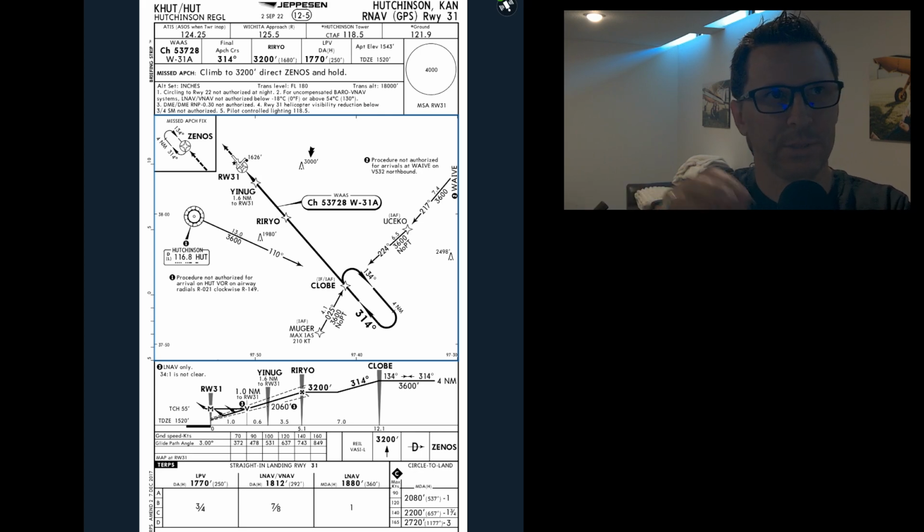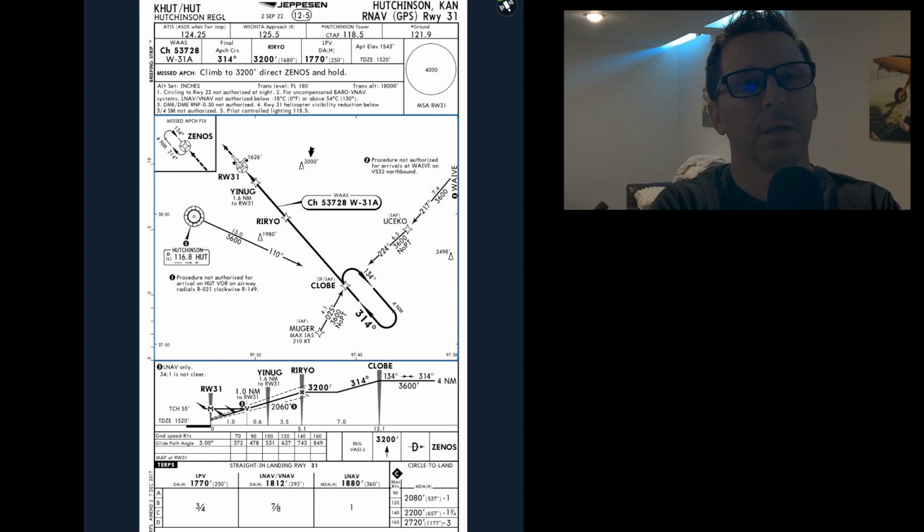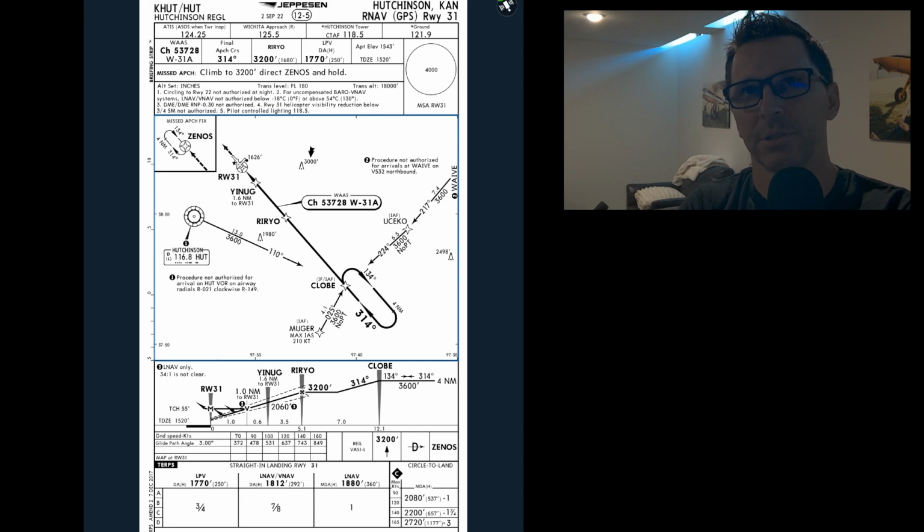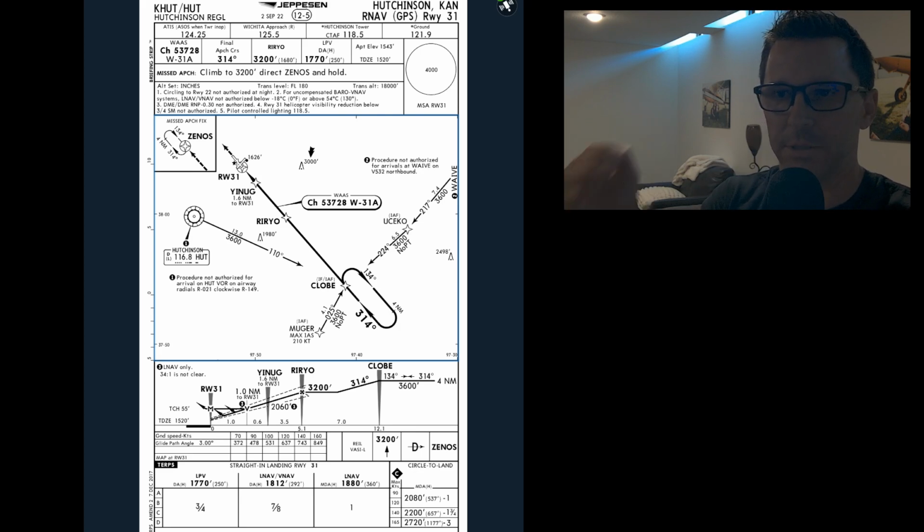Then we come over to the PFD, we push the refs button, and we use the right line select keys to select baro mins, and we put in our baro mins, which on this approach are 1770. Then we come down to the FMS, and we do our performance, get our V speeds, post those. All right. Then next step is descent checks, approach checklist,